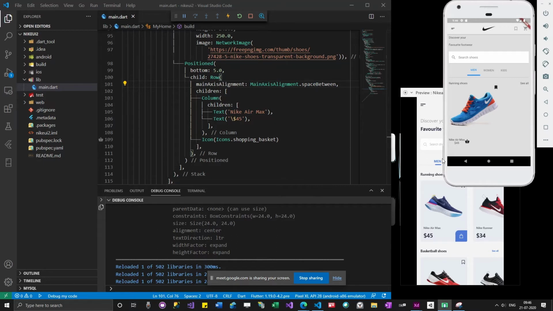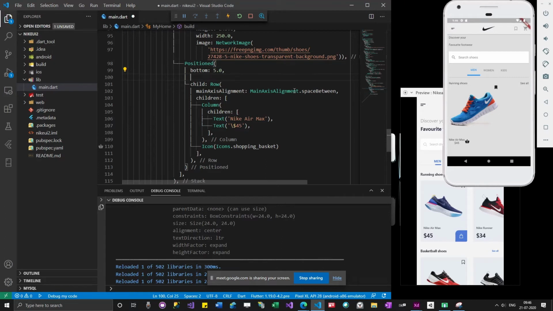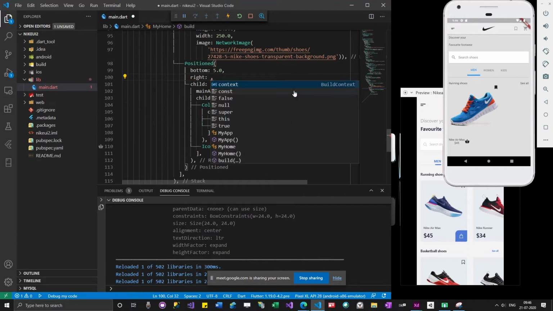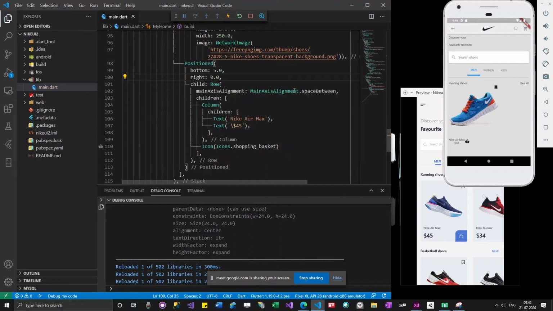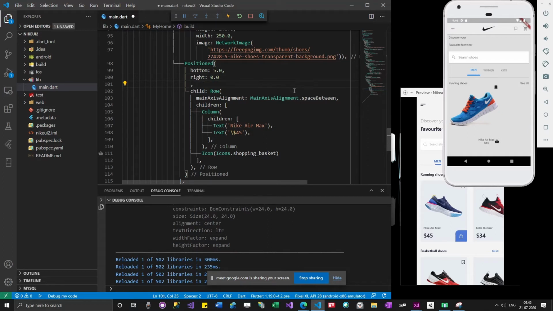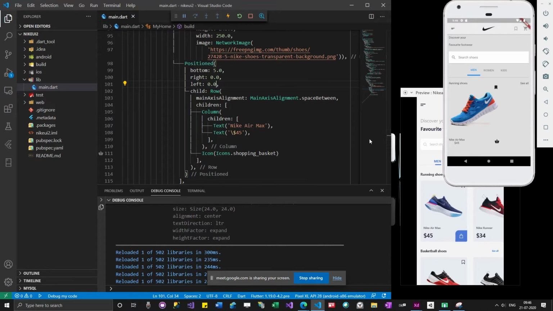Even this didn't go well, but anyways we'll check it. I think we have to specify right. So we have actually given some coordinates. This positioned widget should start from left 0.0, right 0.0, from bottom 5. So now everything is aligned.